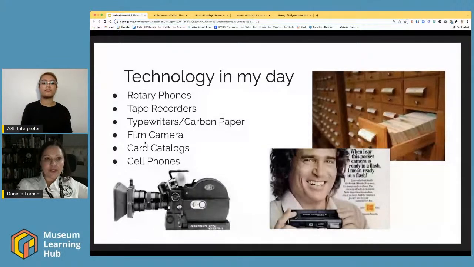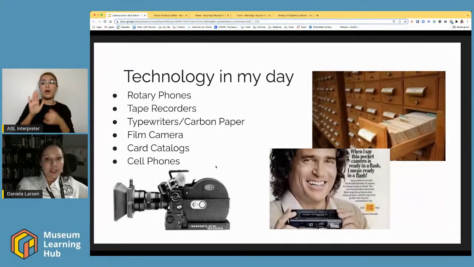So, comparing a little bit of what technology was like when I was born to when the Hutchings were around. We had rotary phones, which was really amazing. I remember some really spoiled kids had 2 phones in their house. And if they were really spoiled when they were teenagers, they had their own phone in their room. That ability to communicate. You still only had one line, but you could talk from your own room, which was pretty amazing.